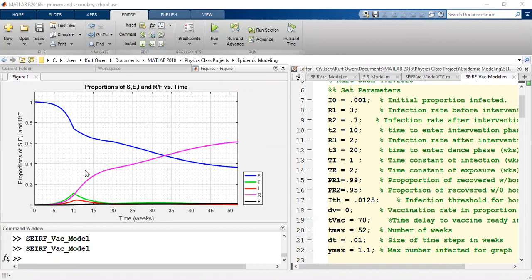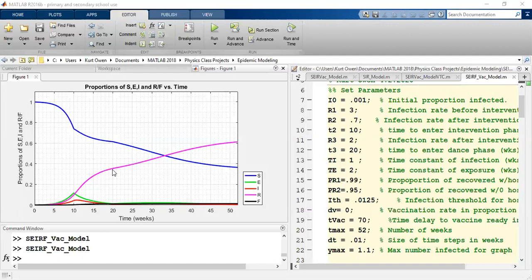It's nice because you can visually see what happens when we start our interventions at week 10. We can see how the curves abruptly change shape at week 10. And week 20 was where we were going to stop the hammer phase. We're going to end some of the lockdowns, ease restrictions, and we can see that there's another quick change in the curves right around there. We can see it in the